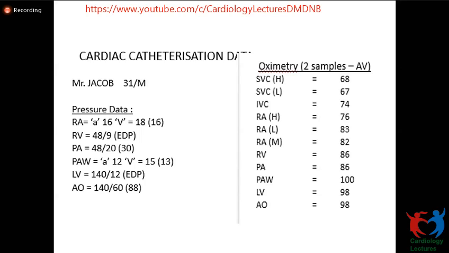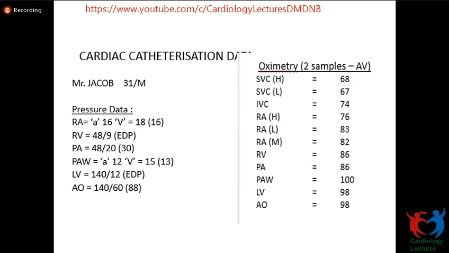Aortic pressure data: the pulse pressure is raised. Yes, you have a wide pulse pressure, and systolic pressure is slightly on the higher side, 140. But there is definitely a wide pulse pressure. You should discuss that also. Okay, very good. And now from the pressure data, what we can get is that there is raised